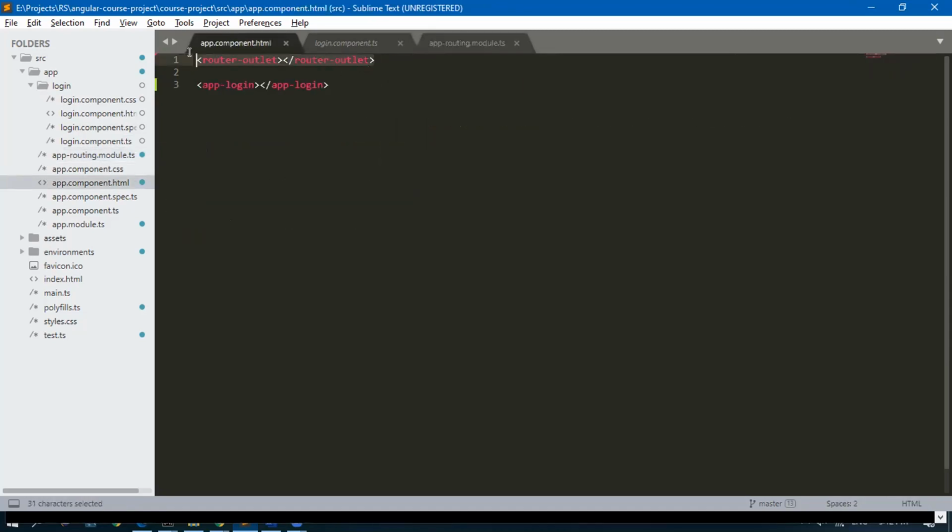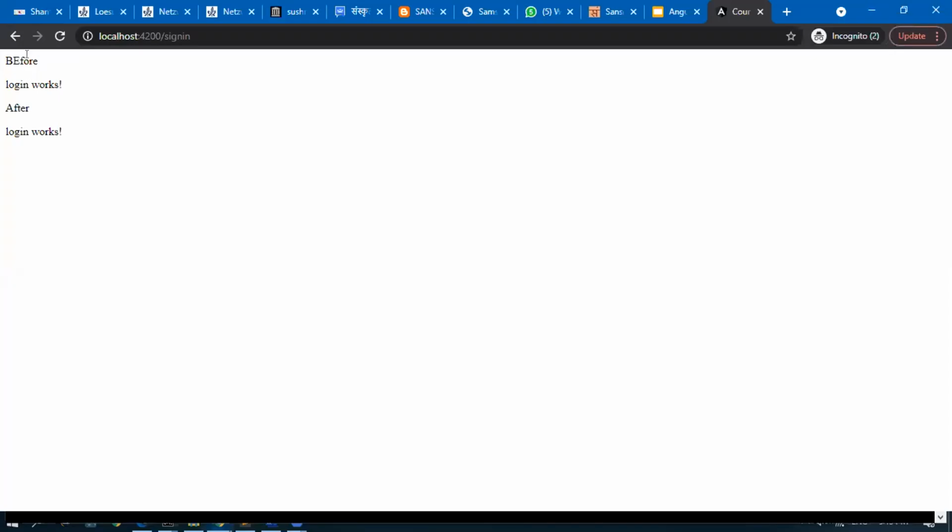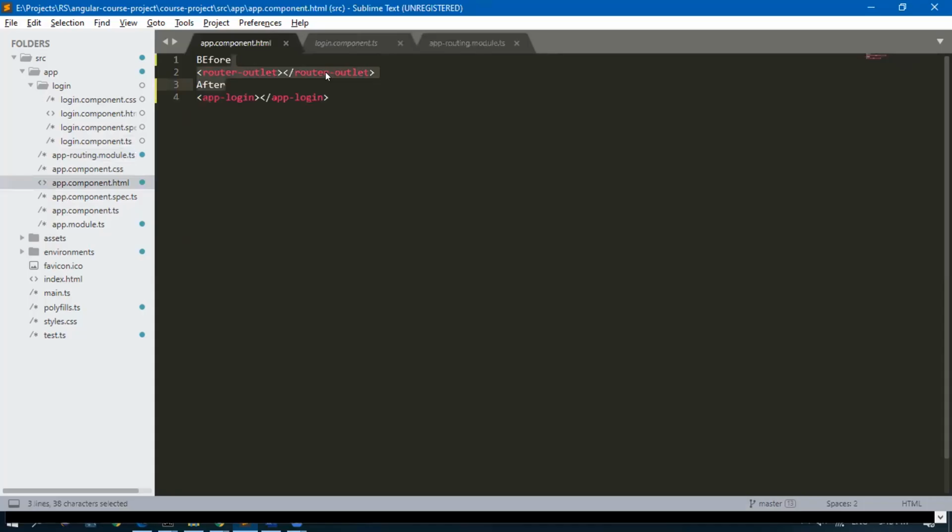It will load in this position. If I go before and I go after, within this text, it will load the login component HTML. See here, before and after this place, it is loading.